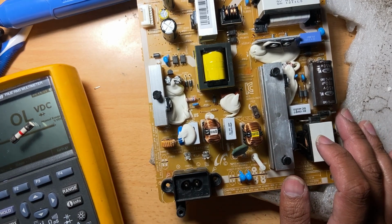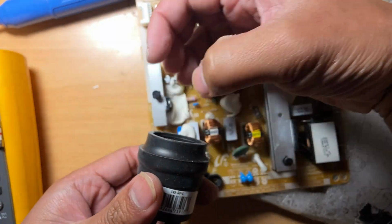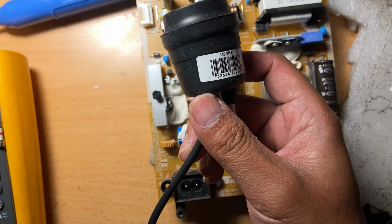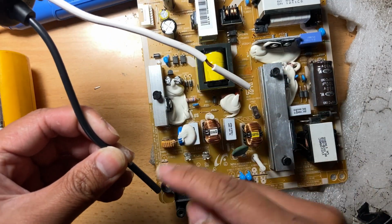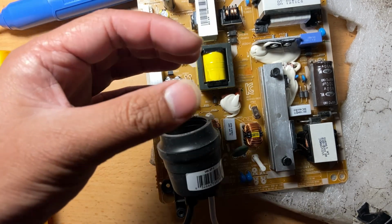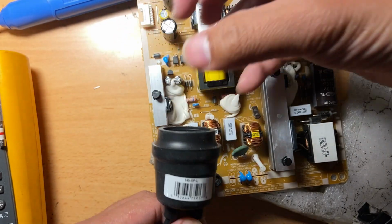And also, what you can do is, for this one here, you can put a bulb here and make this as a fuse. You know what I mean? So you can make this as a fuse, like you put it here instead, like that. You put some alligator clips here and then put it here. So the bulb is now in series with the circuit. You put some 100 watts to 150 watts bulb, so that when there's still a short here, the current will just be consumed by the bulb, so it won't blow things up here,